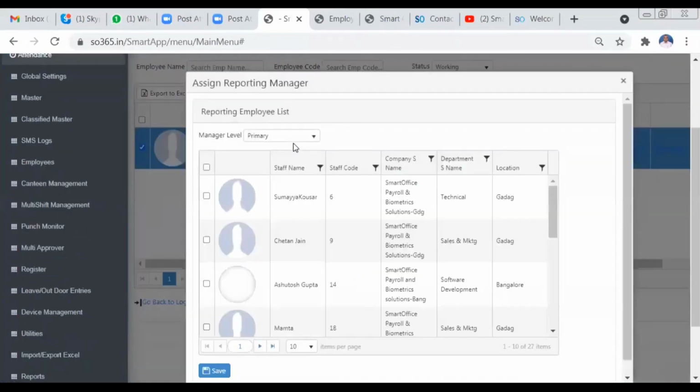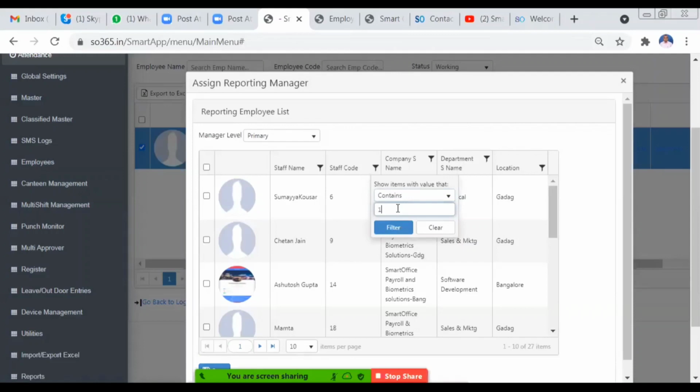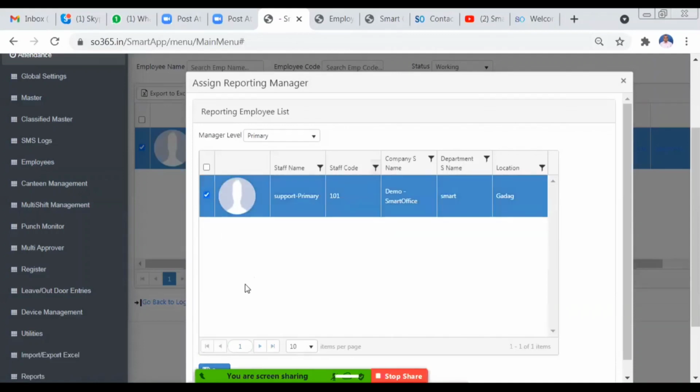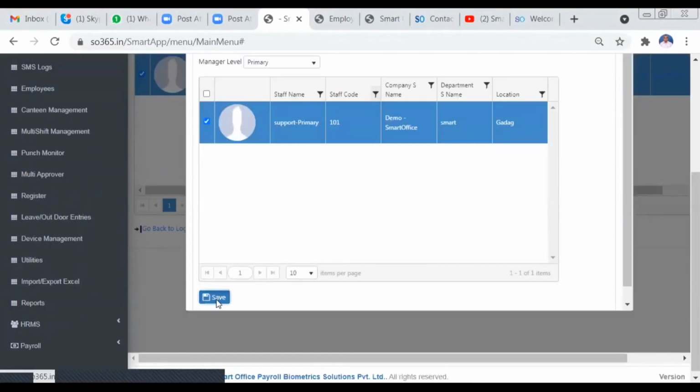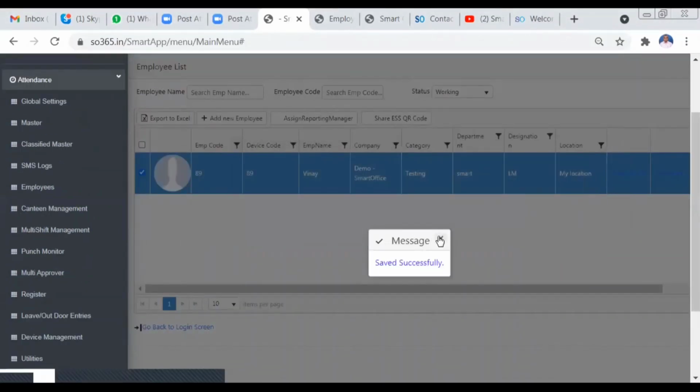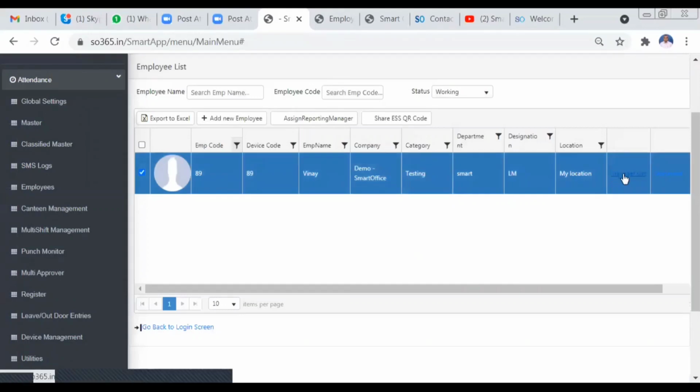Who will be the reporting manager for 89? I can select the staff code of the reporting manager. For 89, employee 101 will be the reporting manager. So individually, this is how you can assign the reporting manager.